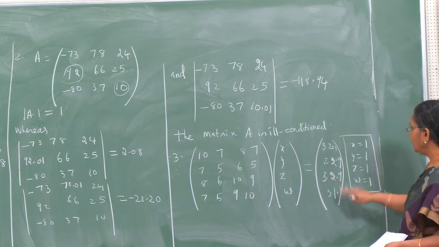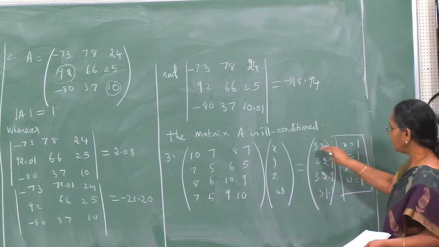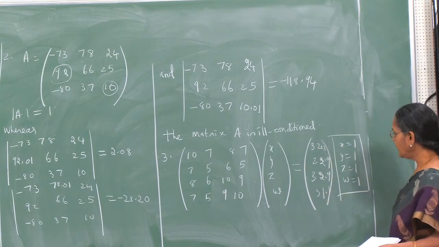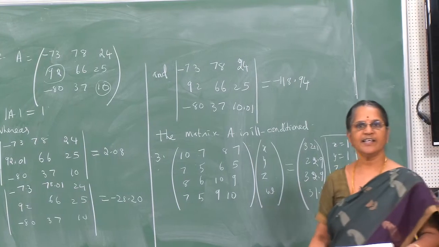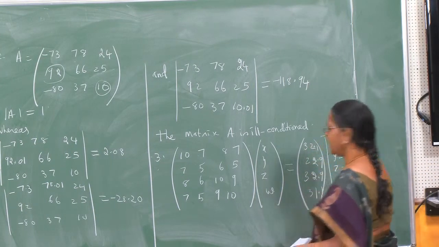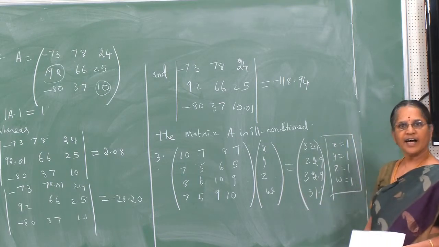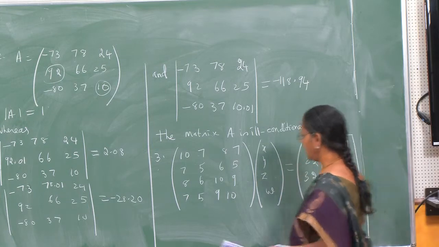So, in the first and the last entries, some increase is incorporated, and in the second and the third entries a small decrease is introduced. So, all the entries in the right hand side vector are changed, and if you solve the resulting system,